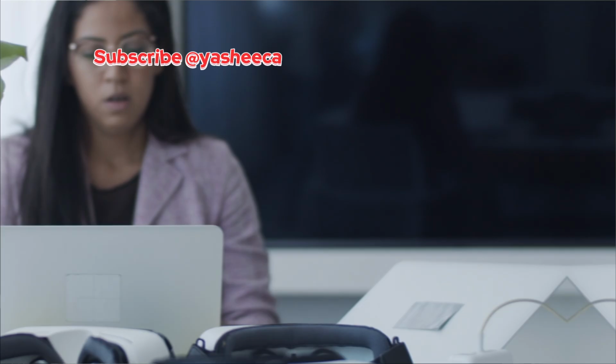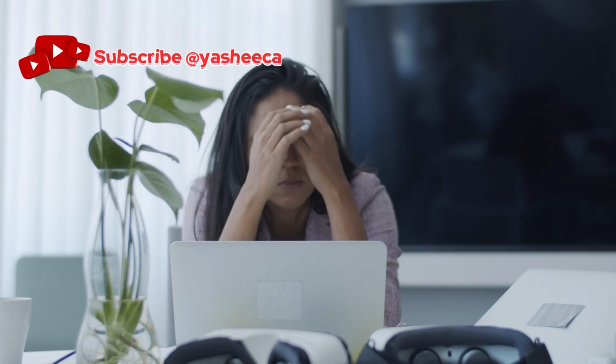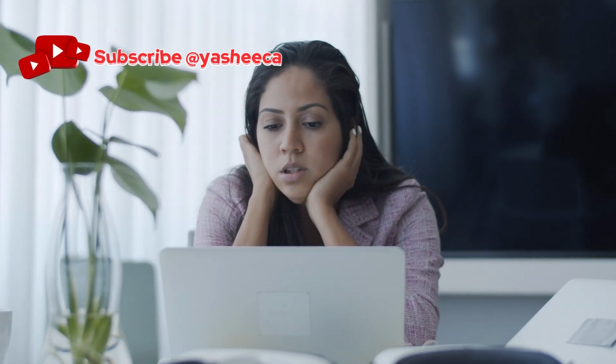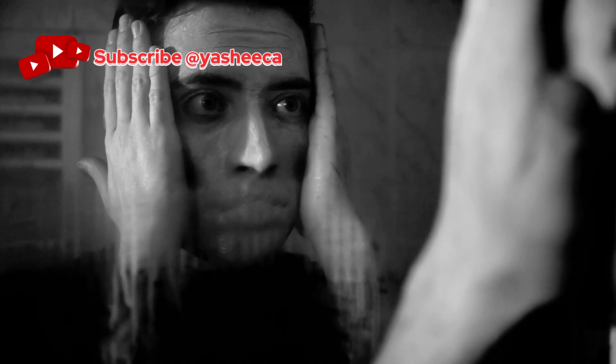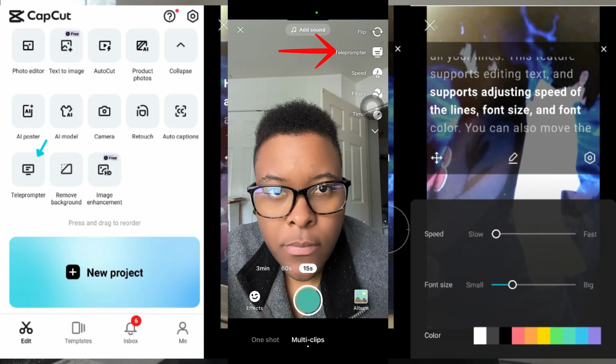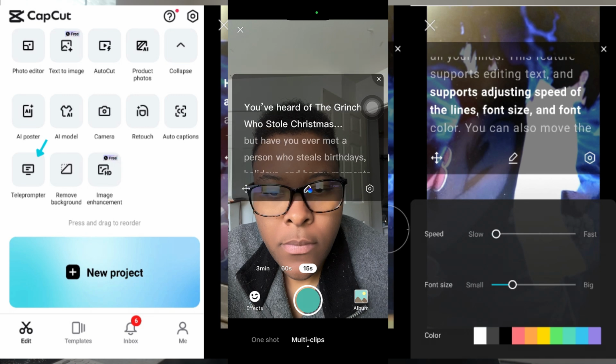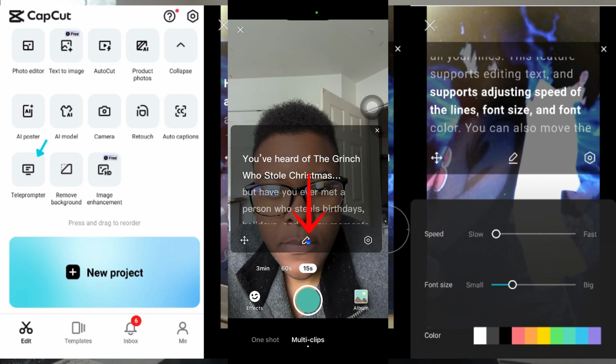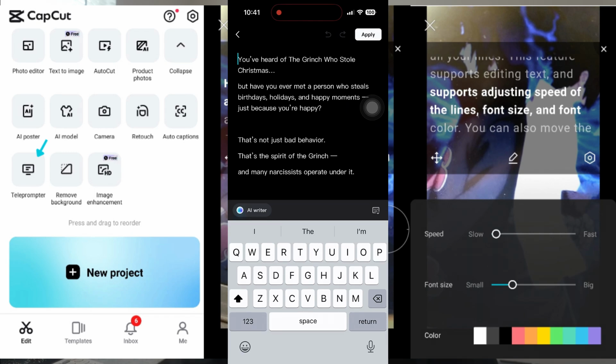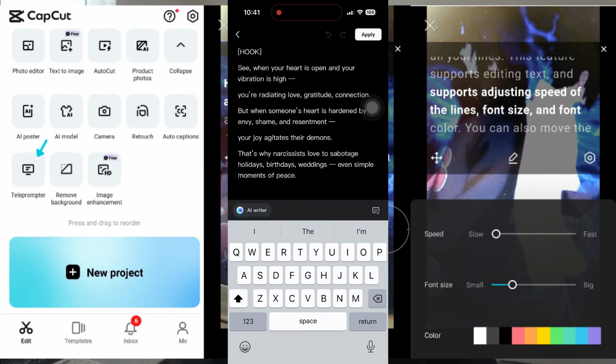Most people freeze up when the camera turns on. You know what to say, but the words just disappear. CapCut's teleprompter feature fixes this by letting you upload your script so you stay confident, consistent, and on message every single time. Now that you know what CapCut is, let's go ahead and talk about how to actually use the